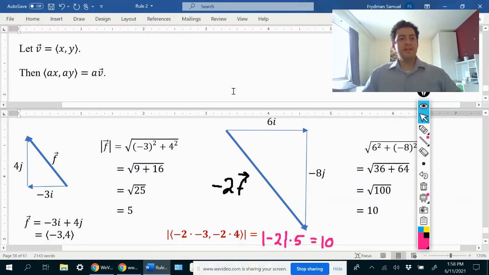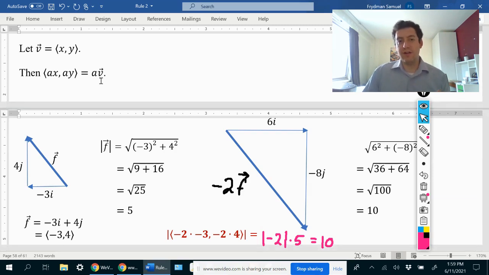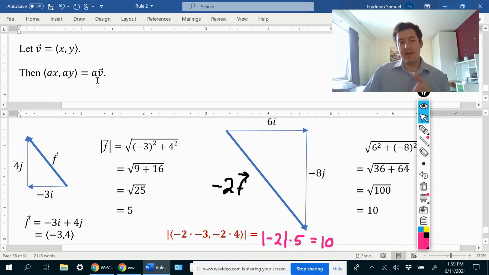which is that if we have some vector, again, we'll just call the components of the vector x and y, then if we multiply both of the components of that vector by some scalar, some number, which we'll call a, then the result is that the vector itself gets multiplied by that number a, okay? And notice over here, I don't have any lines around the v or the a. So over here, I'm not talking about the magnitude of v. I'm talking about the vector v itself would get multiplied by the number a if we multiply both of the